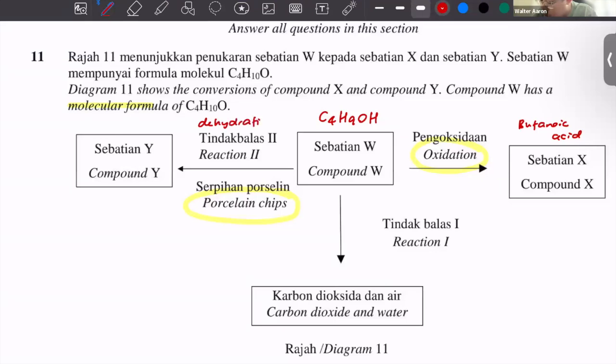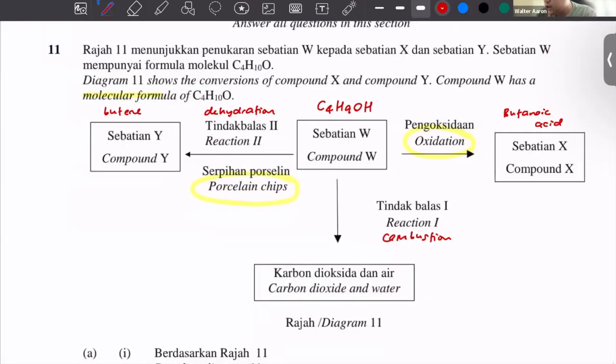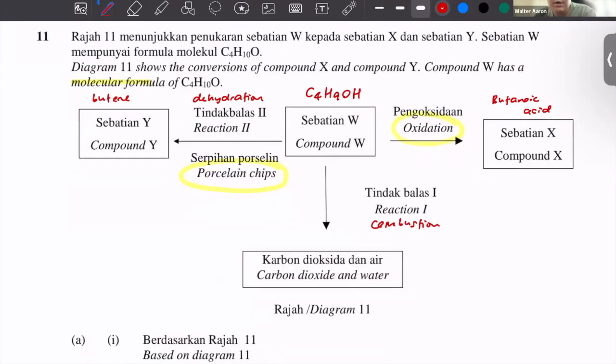Because if you use porcelain chips, it means it's actually dehydration, and then you'll be able to get butene out of it. Right, and then I can see here, reaction number 1 produces carbon dioxide and water. So most likely this is a combustion reaction. So we know that alcohols can undergo combustion very well. So now that we've solved the mystery of every single component over there, I think it's easier for you to